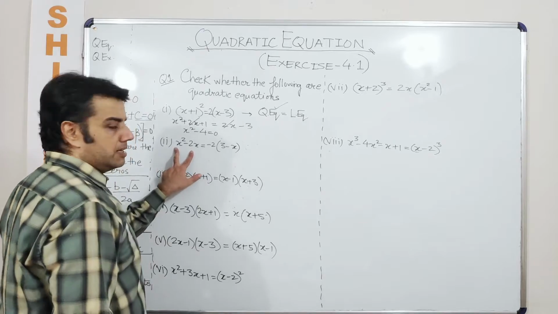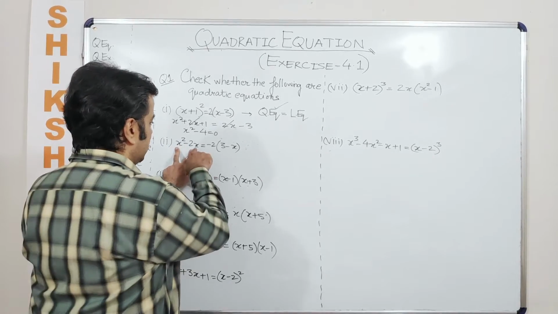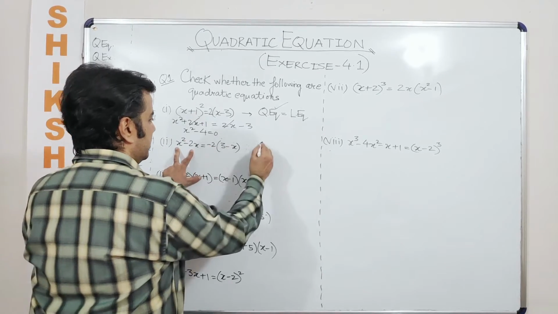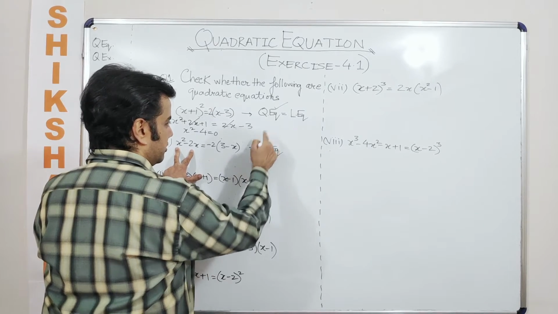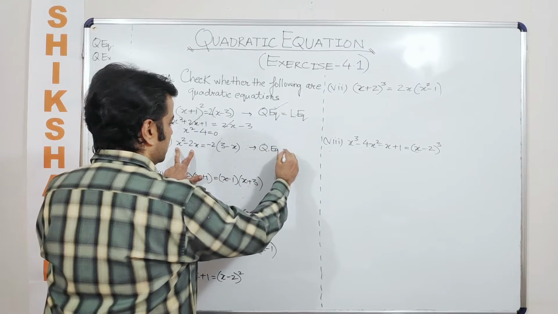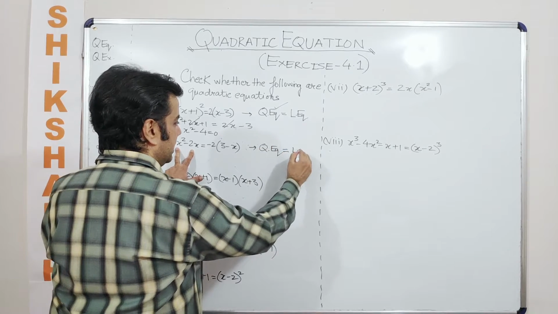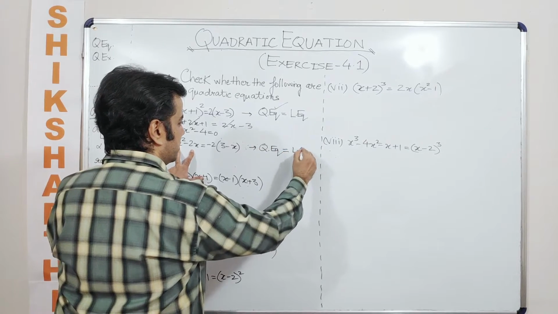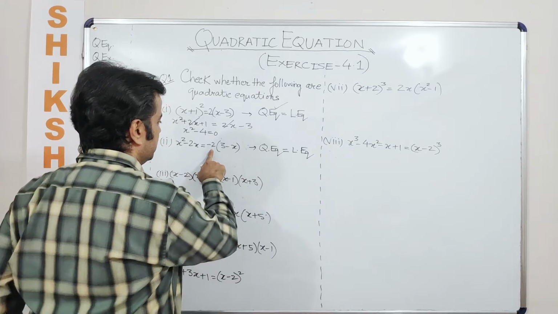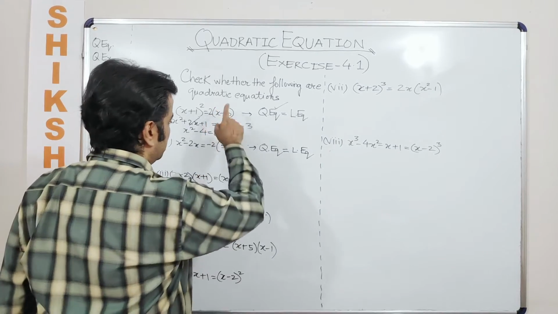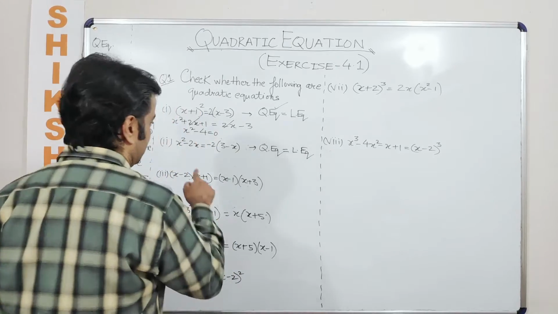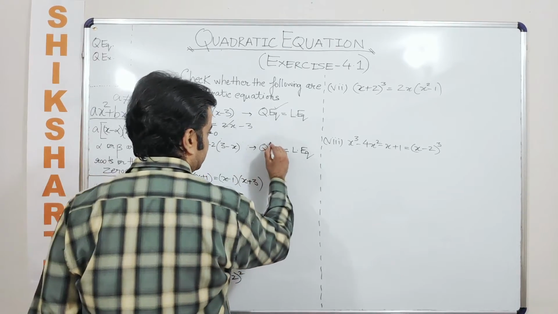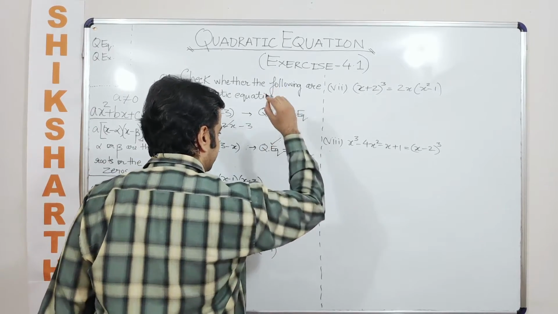Talking about question number 2. It is again a variety where on the LHS, which is the left hand side, you have a quadratic equation. This is how you would inspect the question at the very beginning. And on the right hand side, again you have a linear equation. It does not make any difference whether a linear equation has a negative coefficient or a positive one, it does not make any difference to the interpretation. Will it give me a quadratic equation? The answer based on inspection is yes.